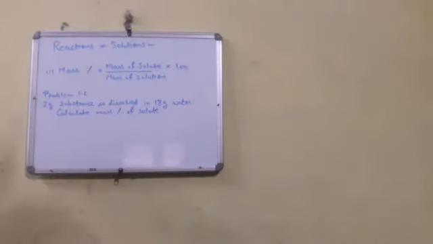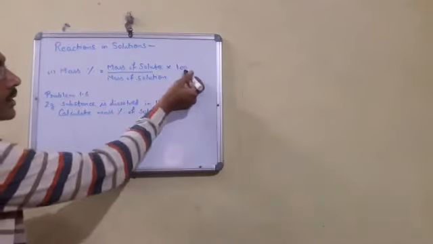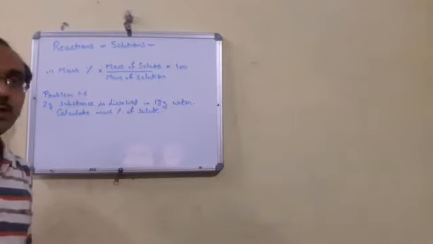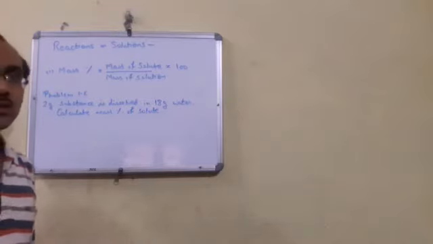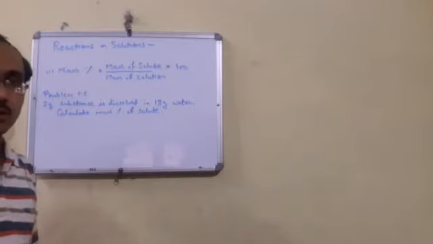What is mass percentage? We can derive it by using this formula. Mass percentage is equal to mass of solute upon mass of solution, multiplied by 100. What is solute? Solute is the substance which is present in lesser amount in the solution. And what is solvent? It is the substance present in more amount. When solute and solvent combine together, they form a solution. Understood? In that way, we can easily find the percentage of solute in the given solution.